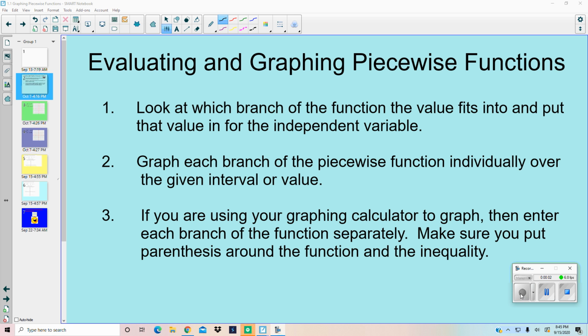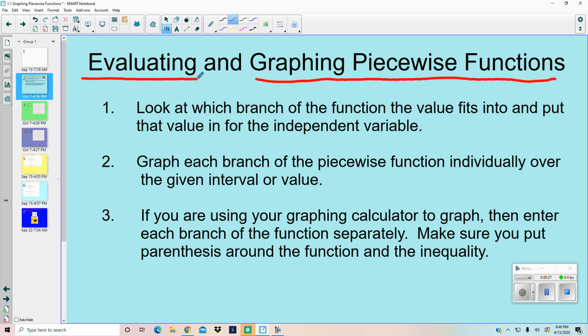Okay, we are going to be graphing piecewise functions. We spent time evaluating, and this one is really about graphing. When you're evaluating, you have to look at which branch of the function the value fits into and put that value in for the independent variable. That's how you evaluate. When you graph, you have to look at each piece individually over the given interval or